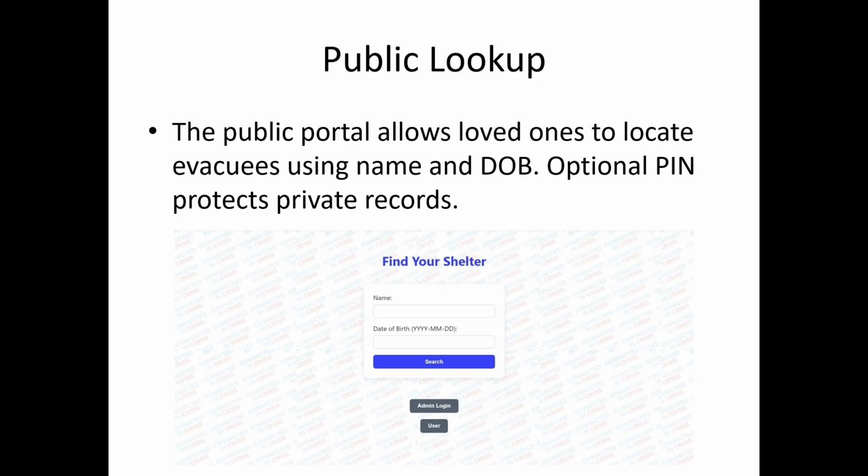The public portal allows loved ones to locate evacuees using name and date of birth. Optional PIN protects private records. In the case that an evacuee may not want to be searched up by anyone, or want to be searched up by specific people, they may choose to have a PIN that will allow only people who know the PIN to search up their